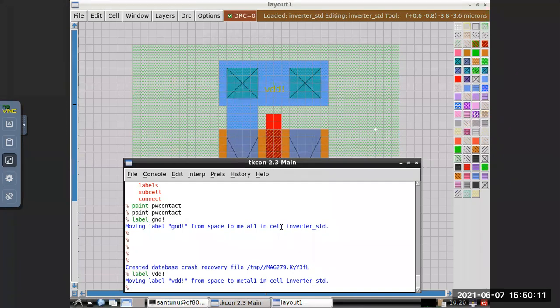Sir, the contacts and the vias are the same thing or different? Actually, here from this front end level, from poly to metal, or diffusion to metal, or NOL or P substrate to metal, that is called contacts. If you come to metal 1 to metal 2 or metal 2 to metal 3, that is via. This internal thing is called contact. Okay, sir.